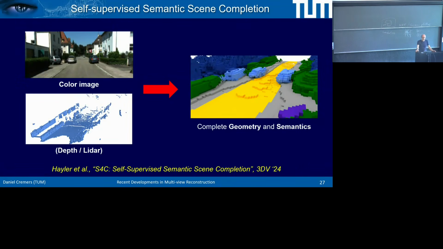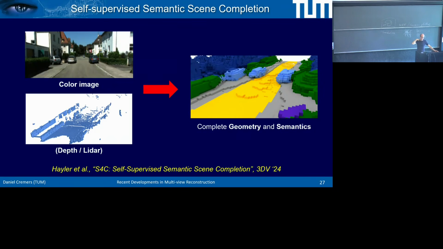Maybe something that you'll hear more about tomorrow as well, according to plan, is that you can go further and do what's called semantic scene completion. So you can take a color image and you can take a depth, either from a depth prediction network or from a LiDAR scanner, doesn't matter, and then you can complete the scene. That means you get a semantic field from a single image. That's the idea. Just the image and the depth, you get kind of a 3D semantic